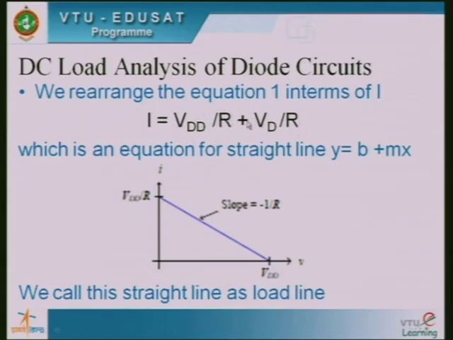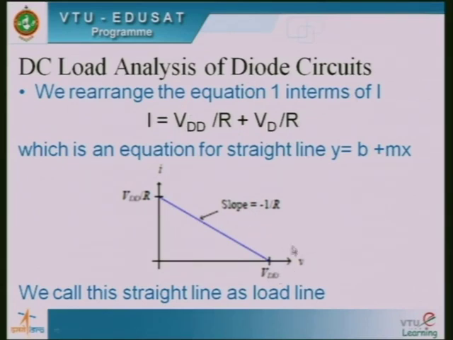So if you compare this equation with the equation for a straight line, as you know, the equation for a straight line can be defined as y equal to b plus mx. Here, in this equation, y and x are the variables, b is a constant and m is the slope of the straight line. So if you compare y equal to b plus mx with the above equation, I equal to VDD by R minus VD by R, we get